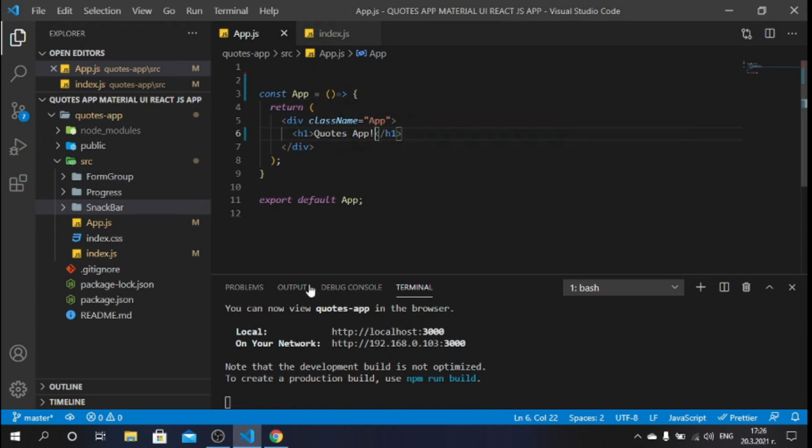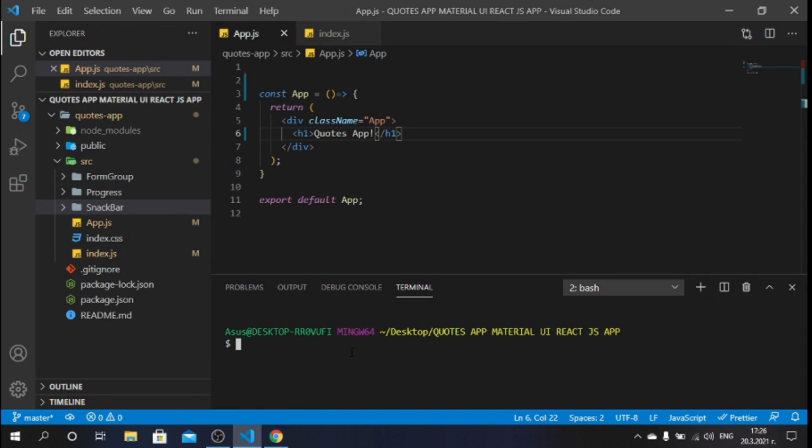So let's start also installing a couple of things we will need. I will open another terminal, and here in this terminal I will type npm install --save. That will save it as a dependency. I will say Material UI /core. This is the command we need in order to install Material UI and start using it. So it will install that as a dependency,